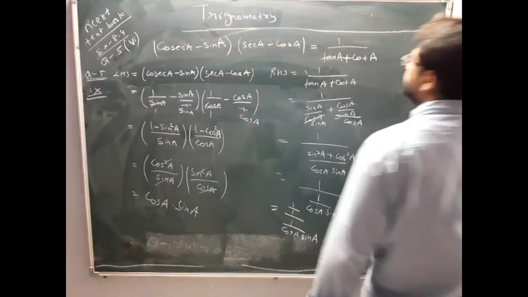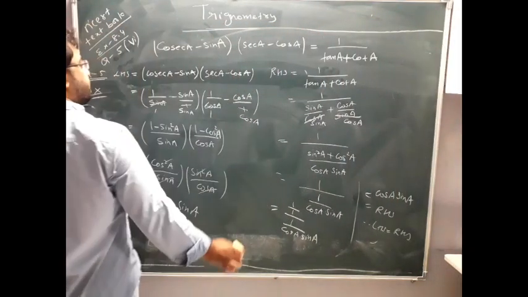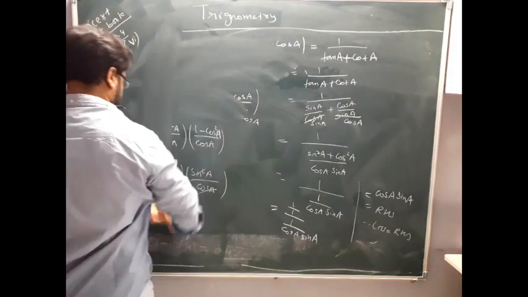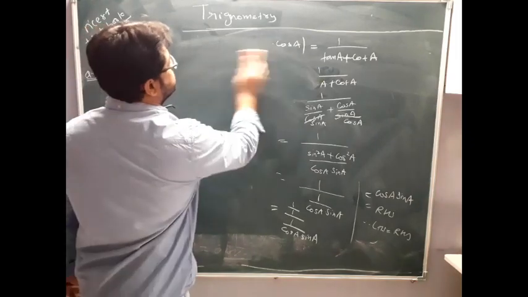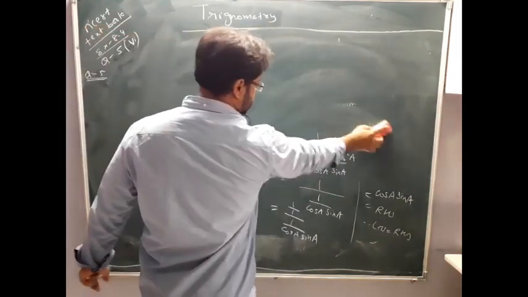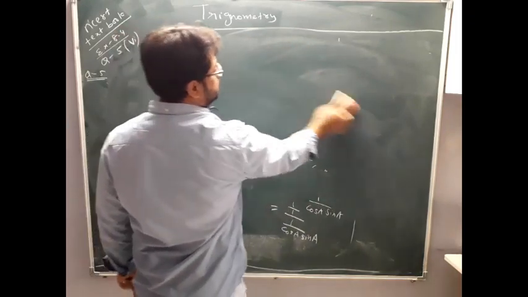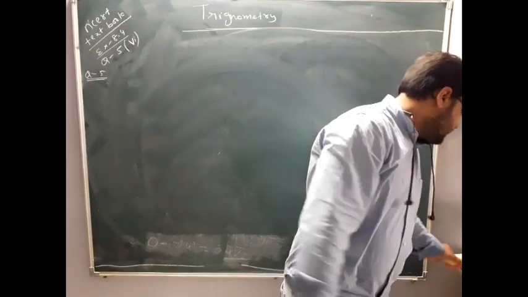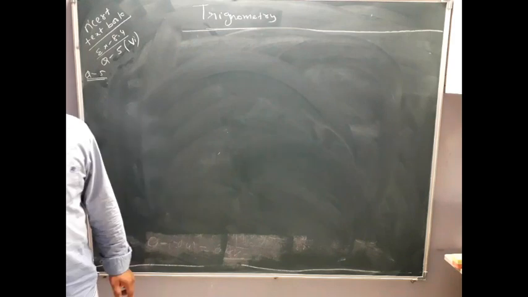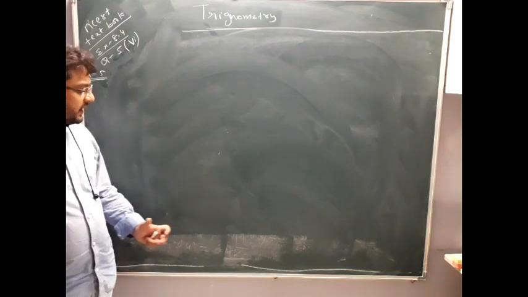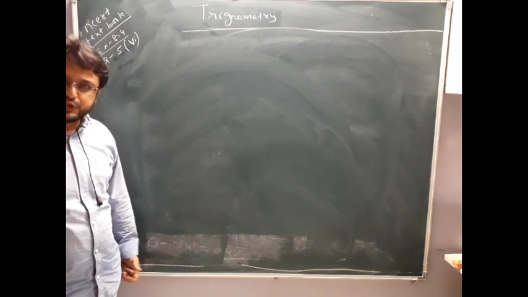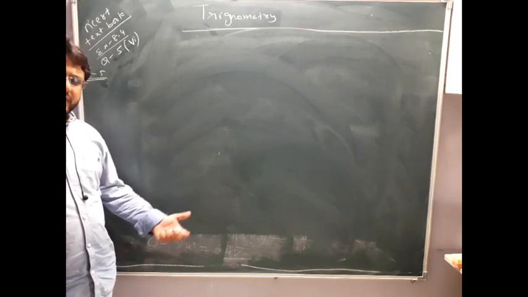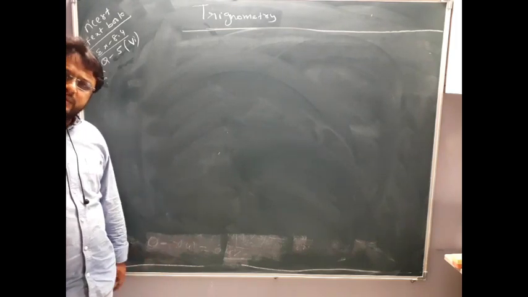Here, next problem. Question number 10. See, this chapter seems to be very easy and it is easy also, but the condition is you should practice too much here. Go on practicing, go on practicing, go on practicing. If you go on practicing, then only you can be a master in this chapter, else this chapter will be a nightmare for you. So practice this problem as much as possible. You can take a certain practice book. Many practice books are available in the market nowadays: R.D. Sharma, R.S. Agarwal, or you can take Navneet. Many books are there where you can practice the maximum number of problems.